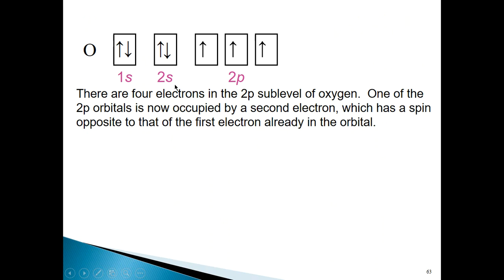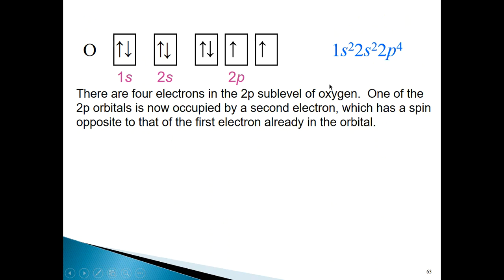To get from nitrogen to oxygen, we have to add an electron, and that electron can go into any one of these p orbitals. So therefore, we put 1 electron there. Of course, the electron that is added must be spinning in the opposite direction to the electron that is there before. So therefore, the electron configuration for oxygen would be 1s2, 2s2, 2p4. And then from there to fluorine,